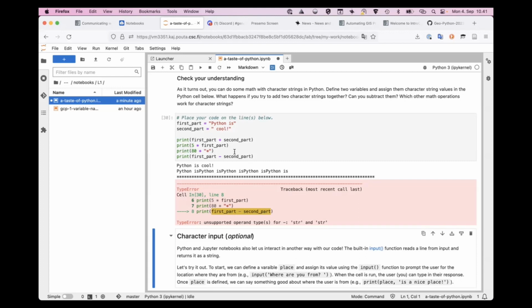When you add two strings together, it's just like, okay, well, take the first one and then add the second part after that. But when you try to subtract them, do you want to remove the word cool from Python is? There is no word cool in that string. What exactly are you trying to do here? Are you trying to subtract things, one by one? It's just ambiguous, and that's the reason that in this case,